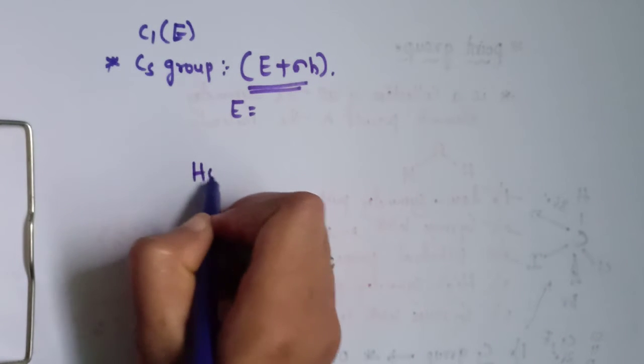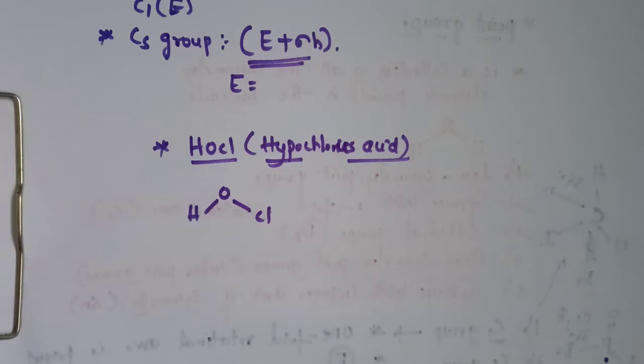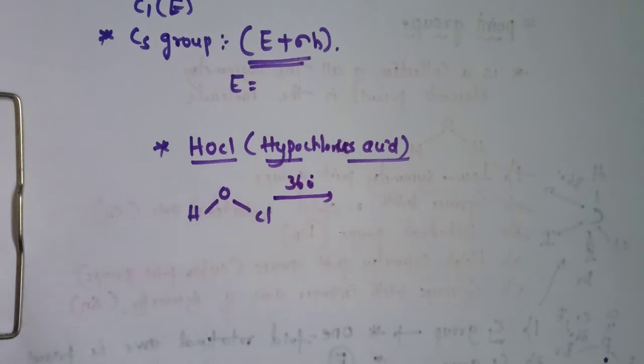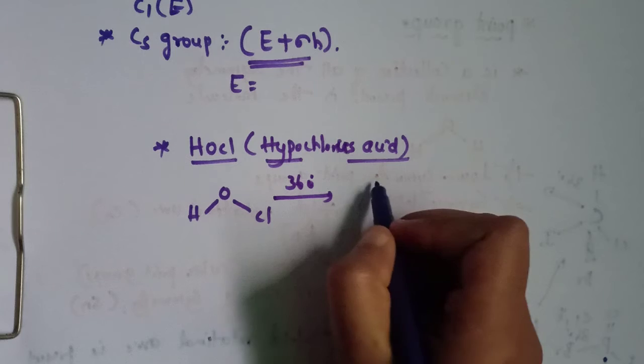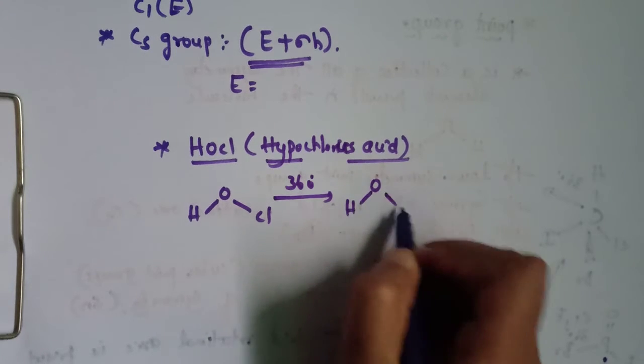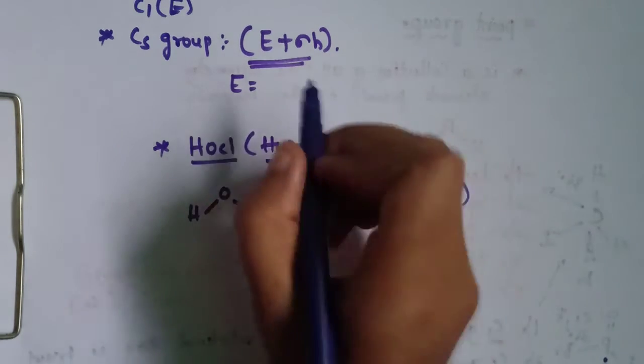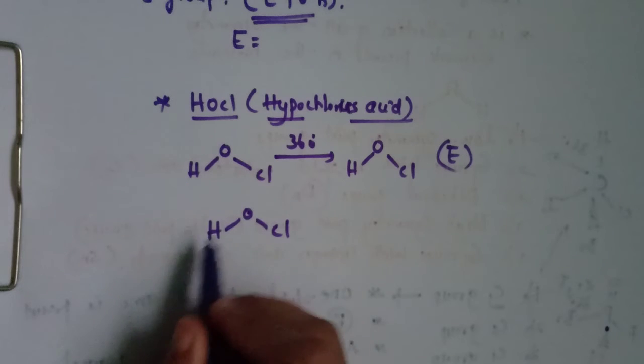That is HOCl. It is called hypochlorous acid. It is the structure of this, that is HOCl. We already know that every molecule consists of E. That means rotation by 360 degrees, or doing nothing operation, we will get the original configuration back. Now identity operation is done. Now the remaining operation in this is a sigma. Let's take this HOCl again.